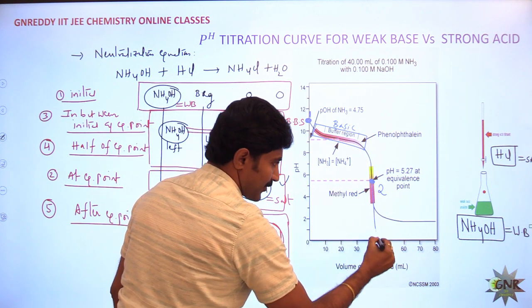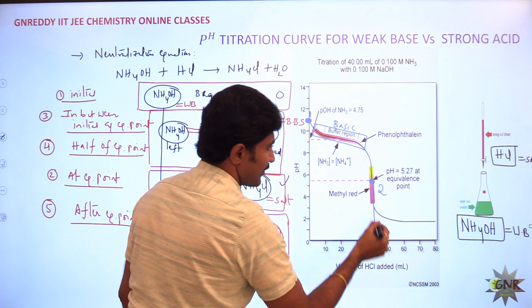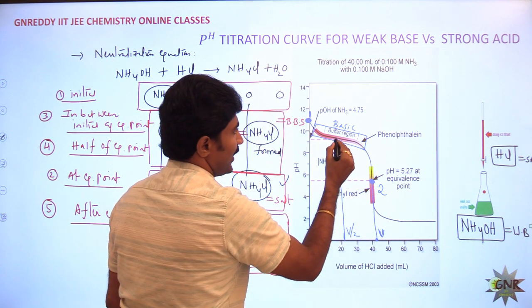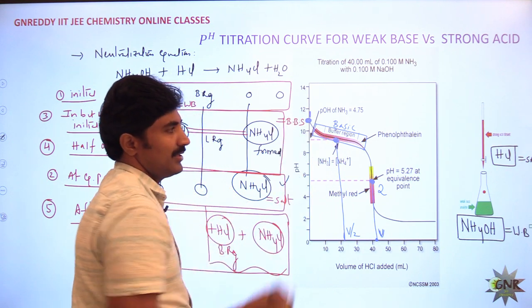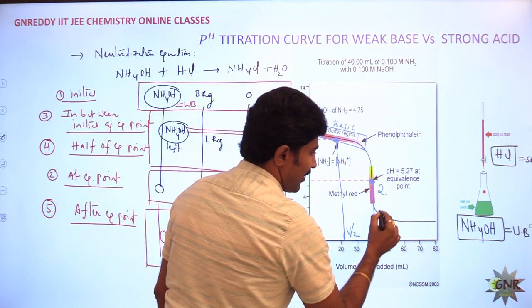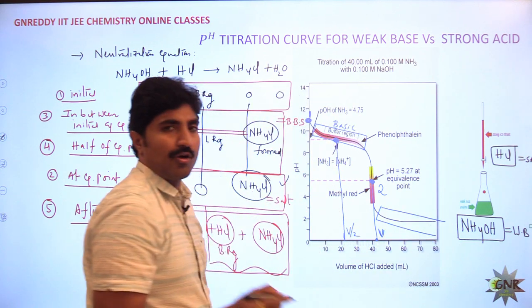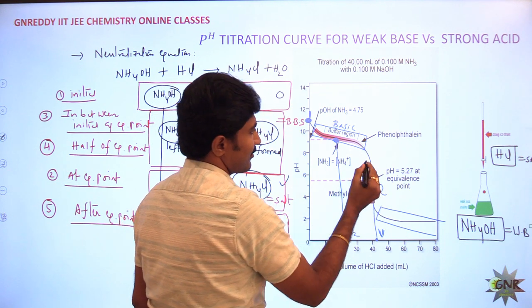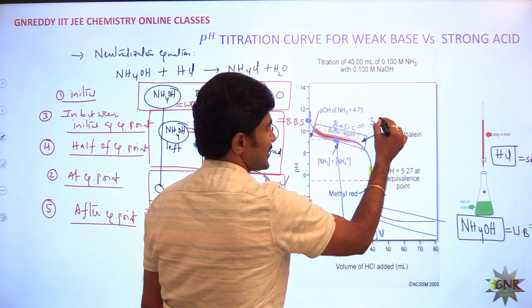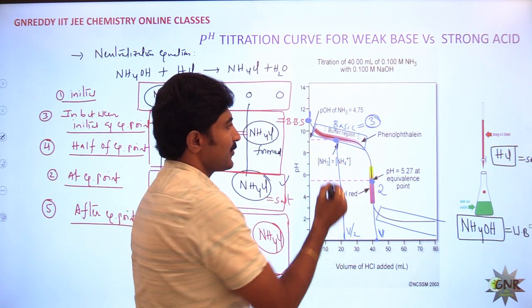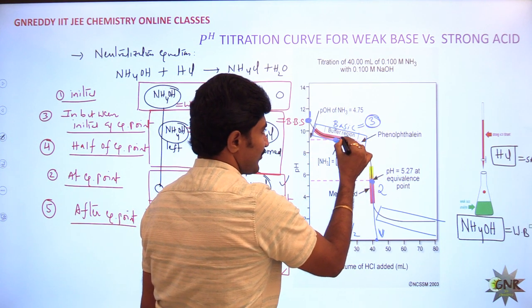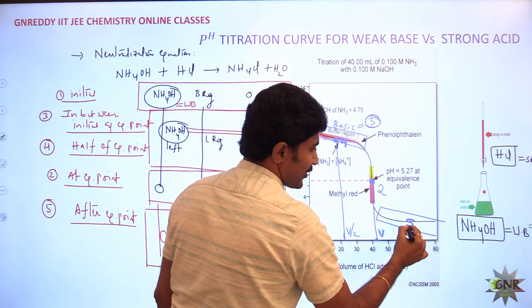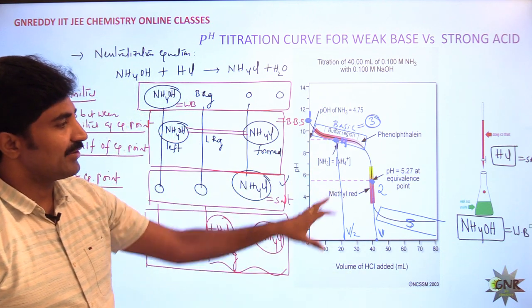At the equivalence point, if volume V is consumed here, half of the equivalence point volume, V by 2, is consumed, and this half of the equivalence point has importance. And finally, after the equivalence point. Now how many concepts are involved here? At the beginning level, weak base, and this is at equivalence point. This basic buffer solution is in between initial and equivalence point, and this is the half of equivalence point pH and pOH, and this is after equivalence point pH. So these are 5 different zones there.